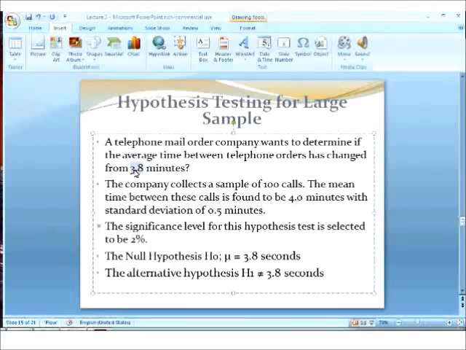So to see whether this claim is true or not, the company collects a sample of 100 calls and finds the mean time between the calls. The mean time between the calls is 4 minutes, and the standard deviation is 0.5, based on these 100 orders that were placed. And the significance level of this hypothesis test is selected as 2%. So now 2%, in terms of a two-tailed test, means that it's